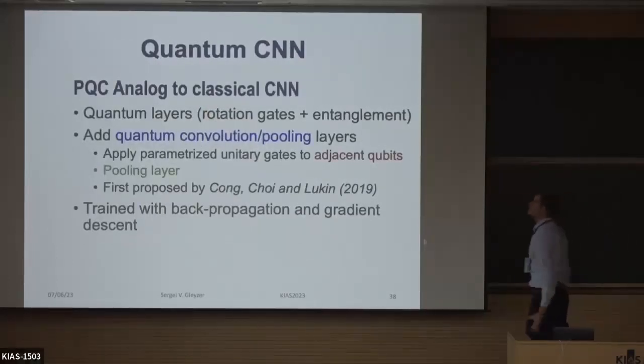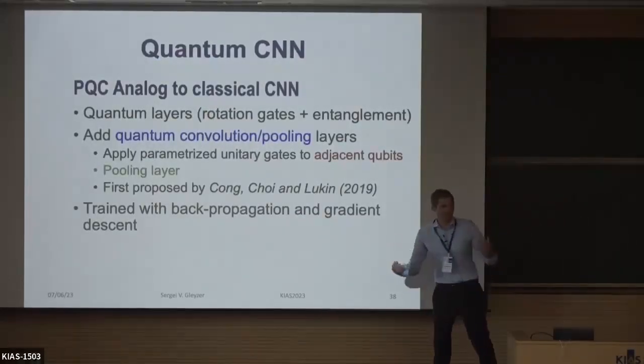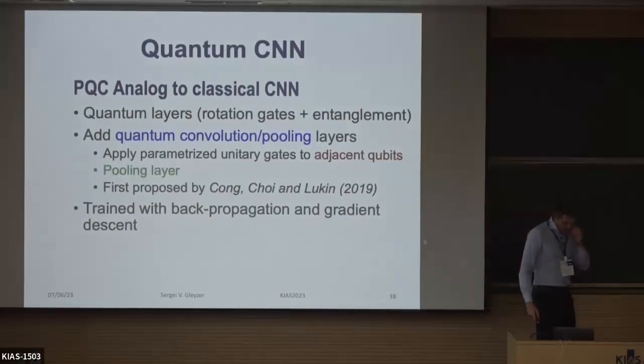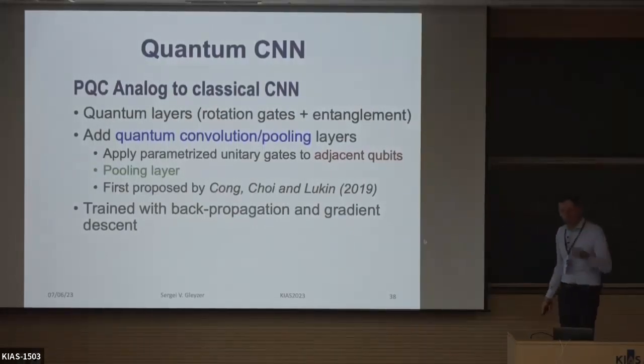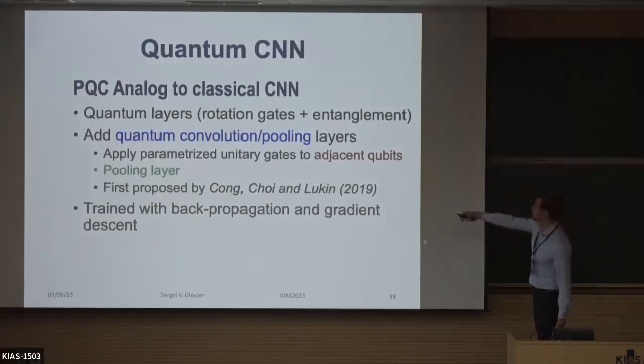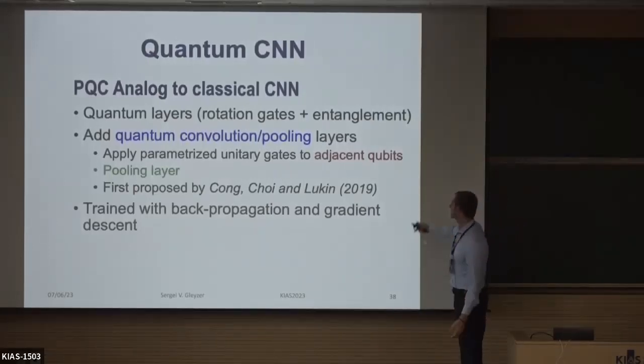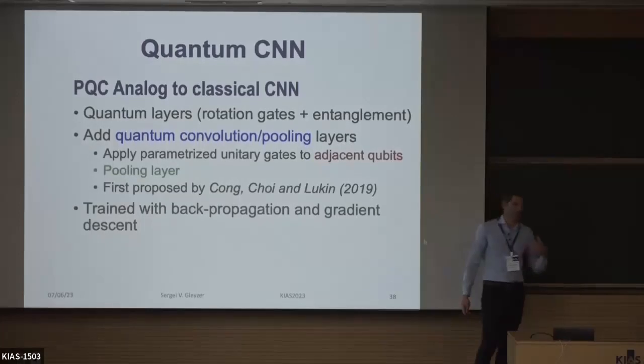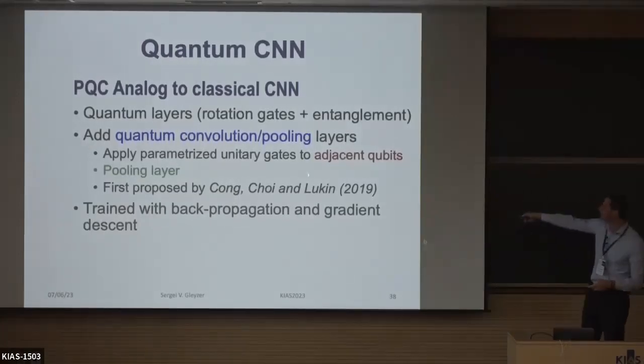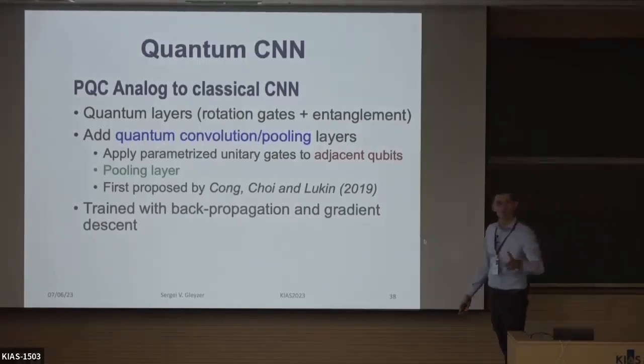So a quantum CNN is basically going to be an analog to our classical CNN, where now we're going to add some quantum layers. So what does a classical CNN have? We have convolution and pooling. So let's offload that idea to the quantum part. The idea is that now we can do quantum convolution and quantum pooling, which requires separate, connected circuits for each part. You apply these parametrized gates, meaning that you can train them,